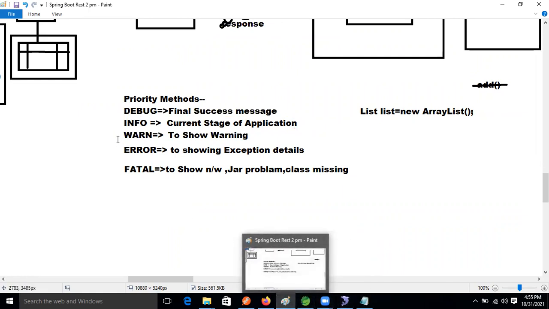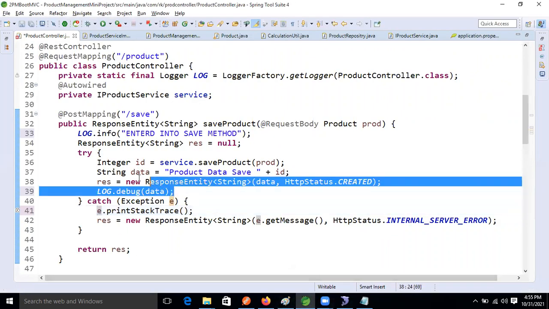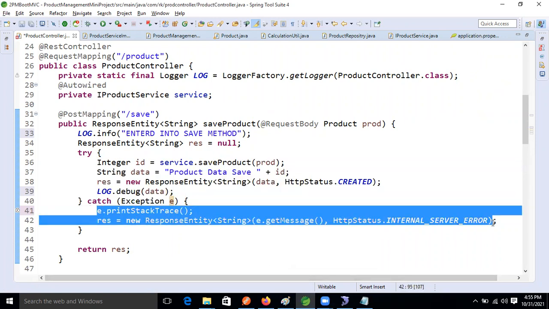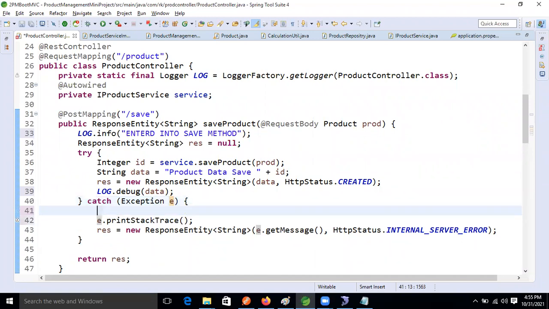Now, whenever this method is going to fail, which block will execute, guys? Catch block. If we want to trace the messages of the exception block, for that what will we take?